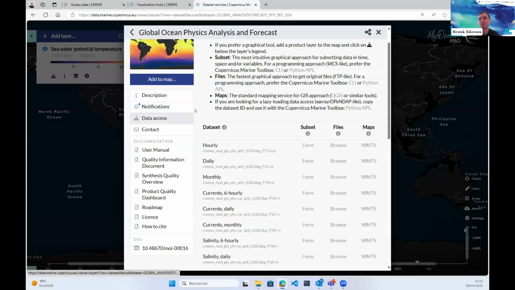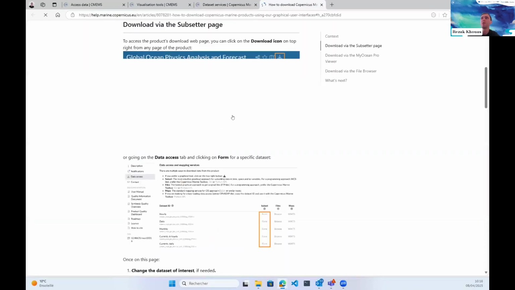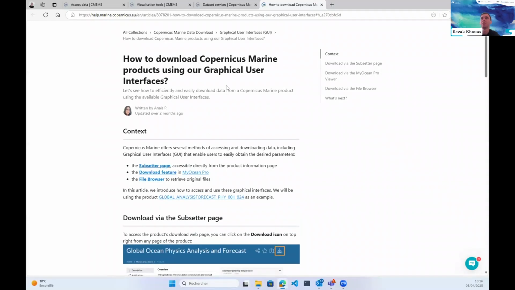The data access section contains all the data sets as well as the variables contained in it. Of course, each data set contains three different options. So we have the subset service, which allows you to download subsets of data. We have the file service, which allows you to retrieve the original data. And also we have the WMTS service, which allows you to get images of variables within a certain area of your interest. So if I click on the information icon, for example, I will be getting the article explaining the